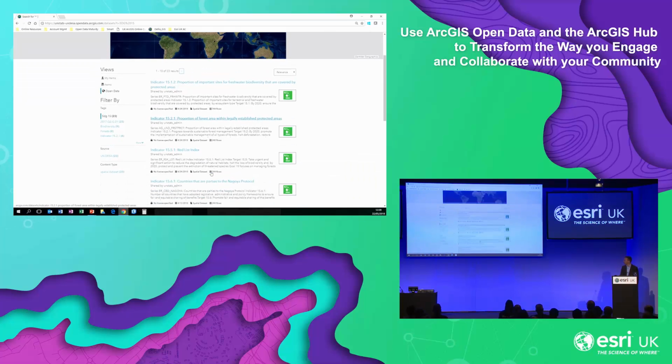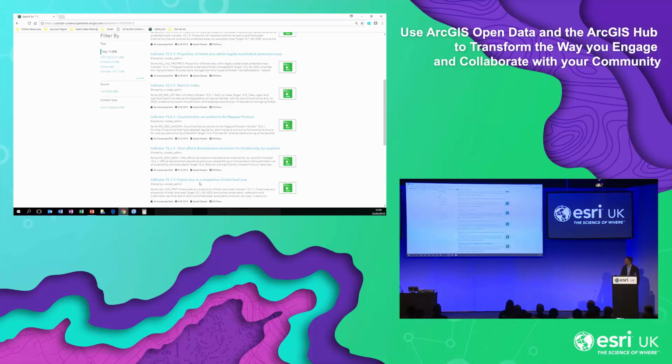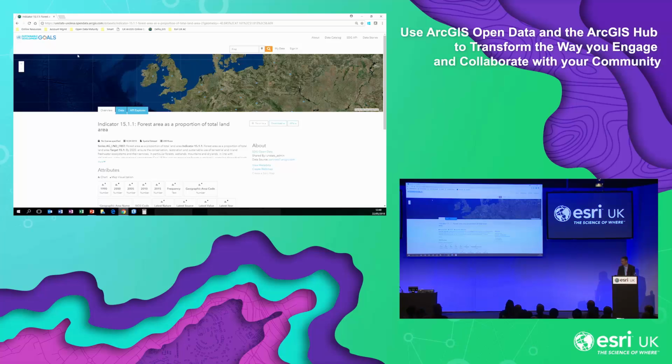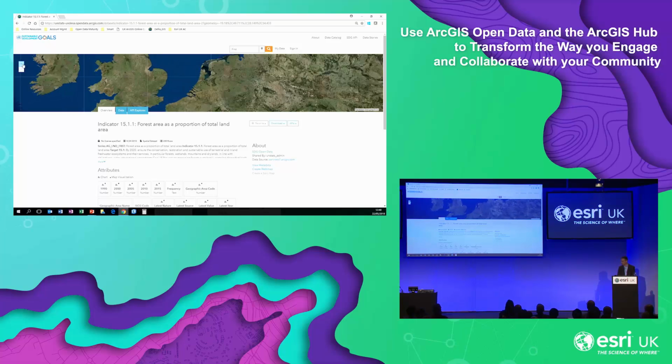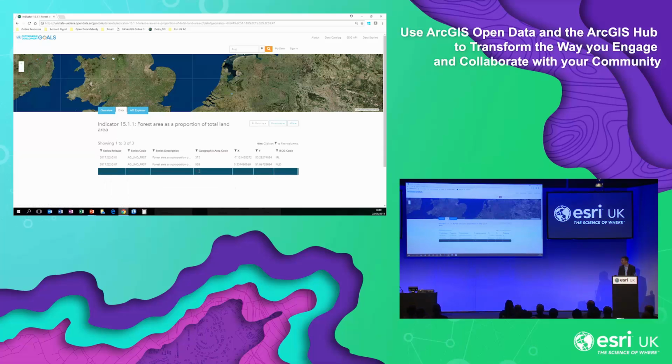of ecosystems, there is one of the indicators. So under each of those themes there's a range of indicators that help define whether you're achieving that goal. One of the ones we discussed recently with ONS was this forest area as a proportion of land area. So if we zoom into the UK and we have a quick look at the data, we can see,